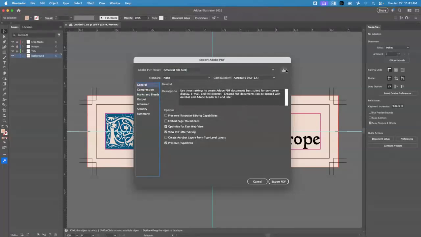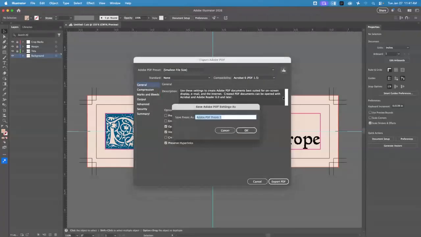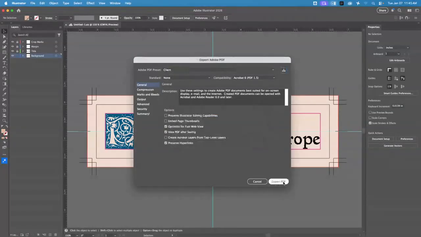If I go to this right here and I click on that, I can save this preset and call it client. Now I was trying to find out how I can bust, because they always show up at the bottom. And I was like, putting it in brackets might move it to the top. And if I hit OK and I export PDF,